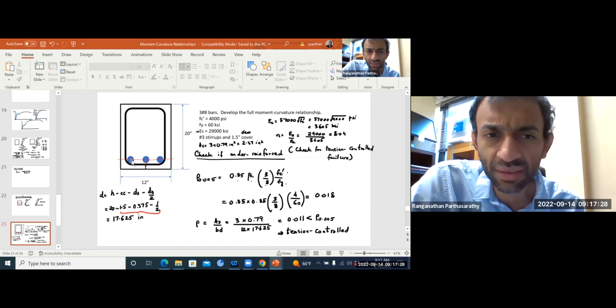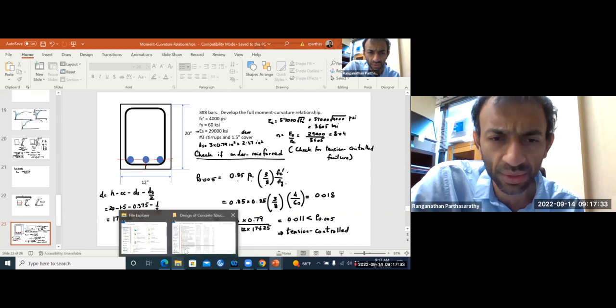Now, what is our reinforcement ratio? We have 3 number 8 bars, so go back to